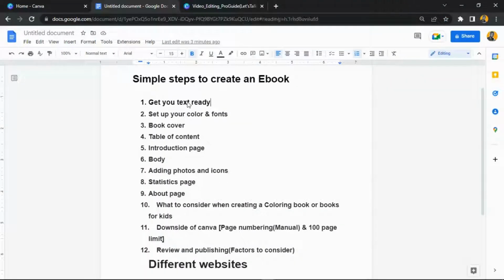So the first step is to get your text ready. All this text I'm talking about is the valuable content, the images, maybe the pictures, the links that you have to use for your ebook. You need to set up your colors and your fonts, which I want to believe you already know. So you just need to decide the fonts you are going to use for your ebooks and your brand colors. So the colors are going to vary depending on a book for an adult or book for kids or maybe a coloring book. So guys, I'm going to show you the next step, which is to create your book cover,